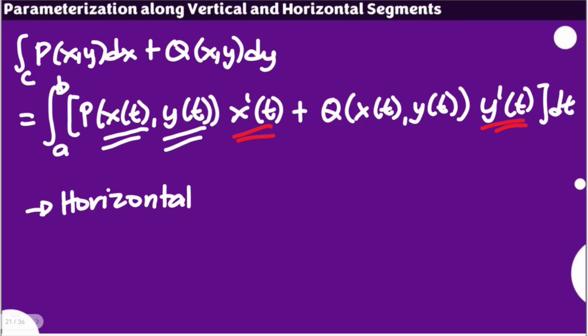Horizontal. When you say horizontal, one value is constant. That is actually your y. Because if you have your Cartesian plane, since this is a real line integral, for this horizontal line segment the constant here is your y. But your x changes its values depending on the locations of the endpoints of your line segment.